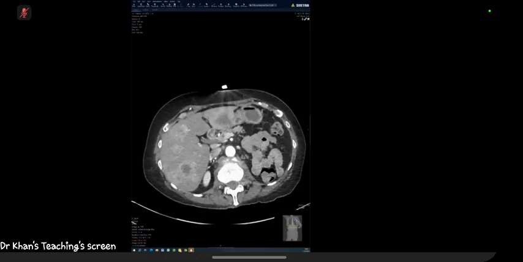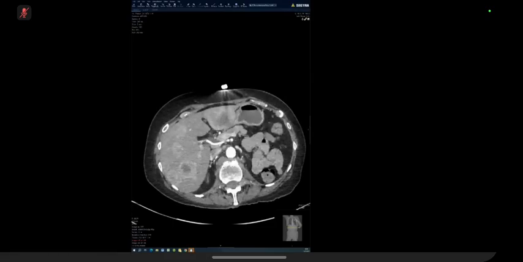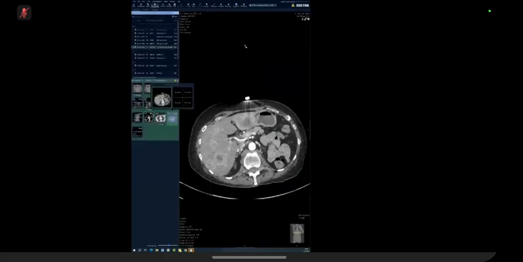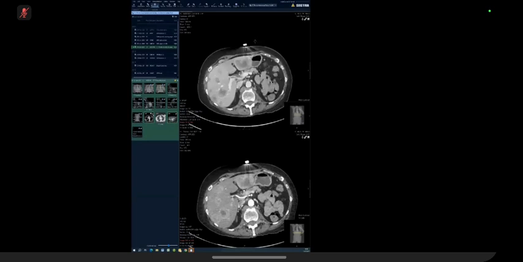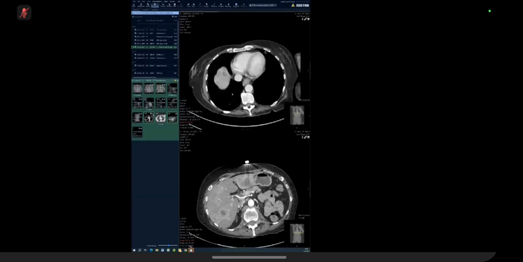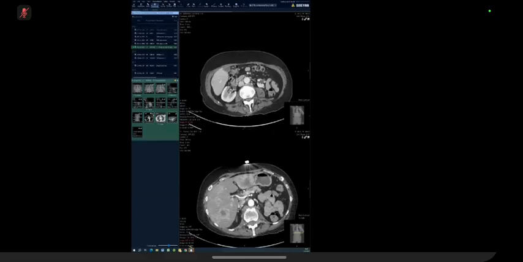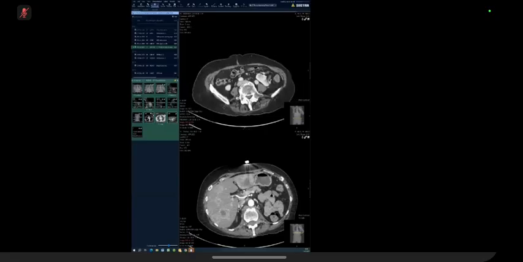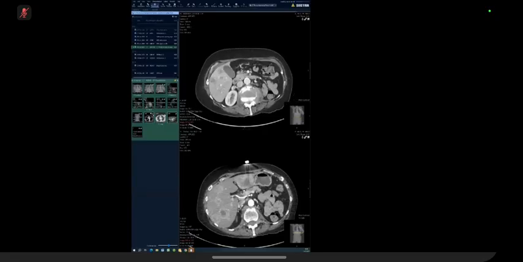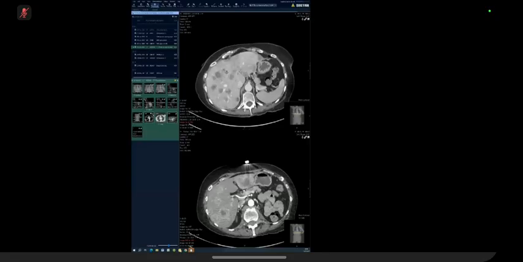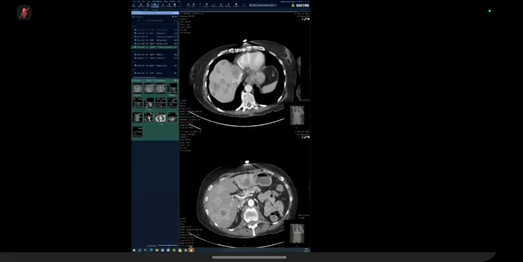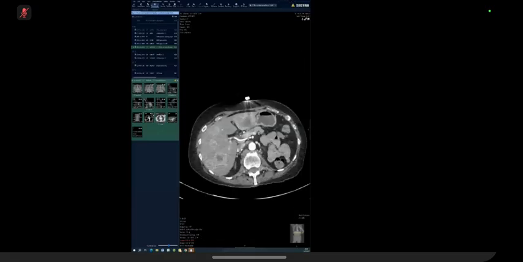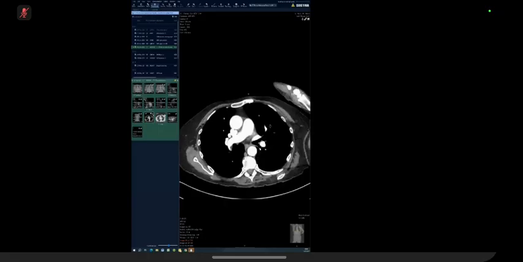So there are multiple hepatic target lesions, could be metastasis. So I'm looking for the cause. The left kidney is mal-rotated. The stomach wall is thickened, but it's undistended. The rest of the colon is